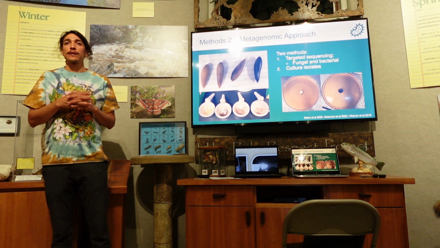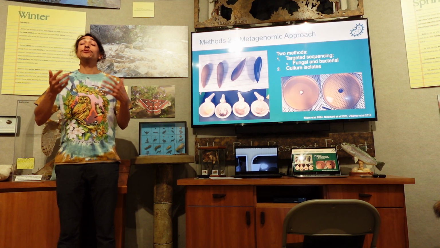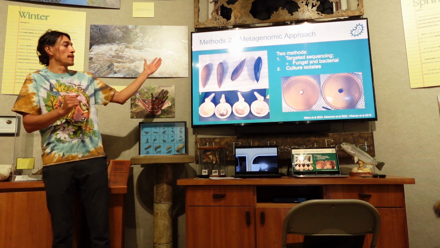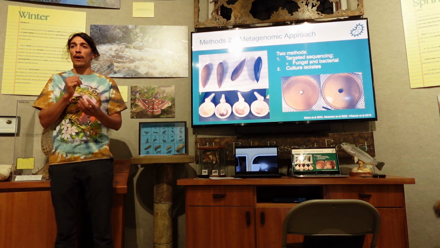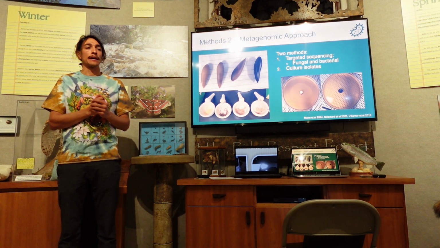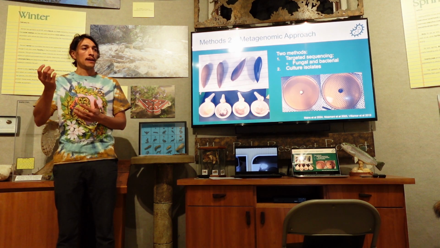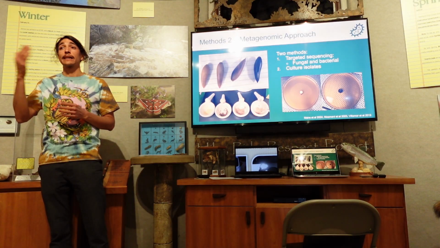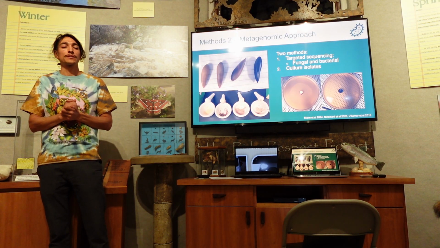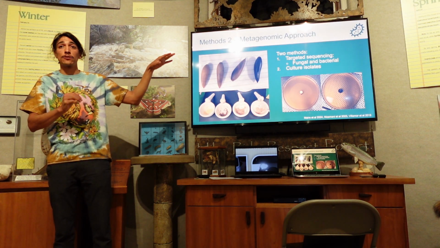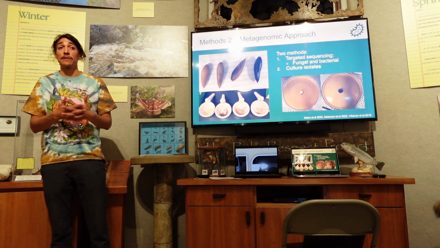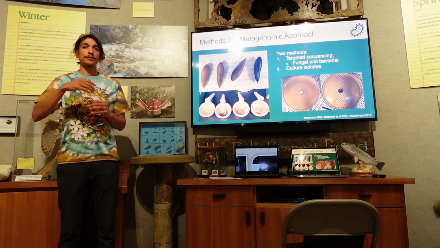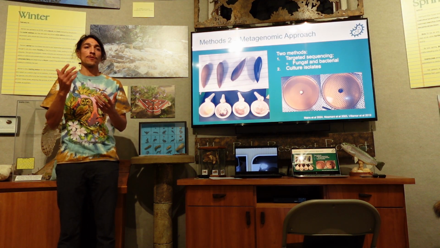And so in order to address this metagenomic approach, I used 2 different methods. The first was targeted sequencing, which is represented here on the left, where acorns were ground down into a fine powder, and then I used a DNA extraction kit to purify the acorn material, and then the DNA samples are sent off to a lab for sequencing specific for fungal and bacterial species. As I mentioned earlier, those are the most prevalent pathogens in oak trees. And then the DNA sequences will be sent back for analysis.